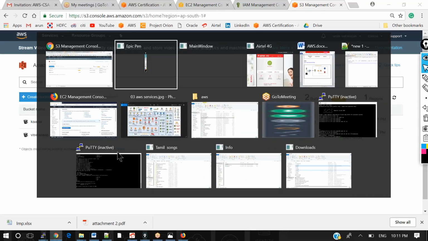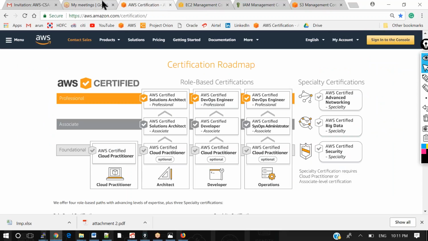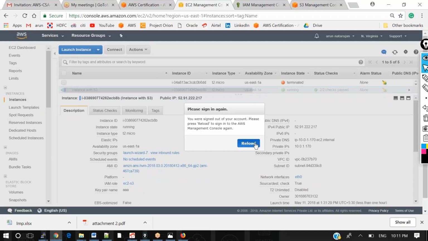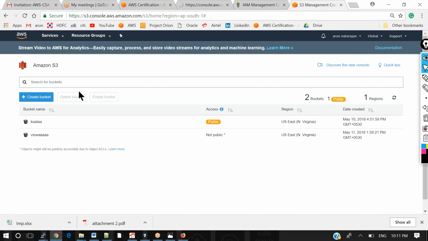Okay, so right now, I will show you another example here. Now in my S3 bucket, under my Amazon S3, what are the two buckets which I have? Vishwa and Kala.